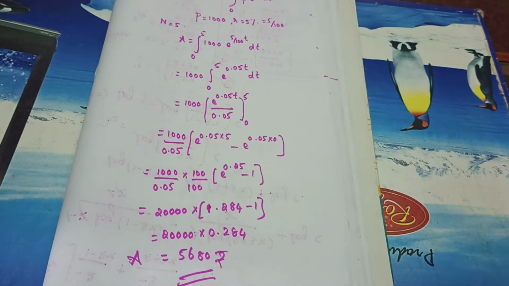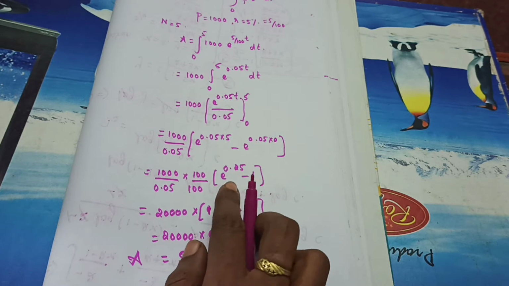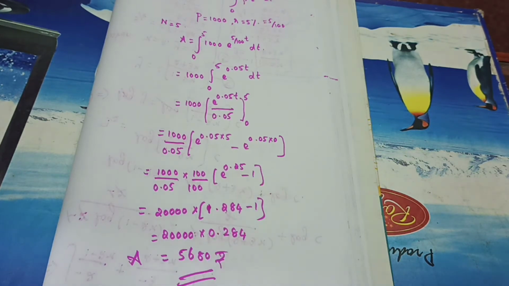A equal to. This is also very easy. We just need to know the formula for amount of annuity after n payments. All the values are given. Just substitute all the values. You will have a doubt: this value, how did we get this value? That is e power 0.25. The value is given in your question, so I substituted that. Understand, students? Hope you got a good idea. We will move to the next problem.